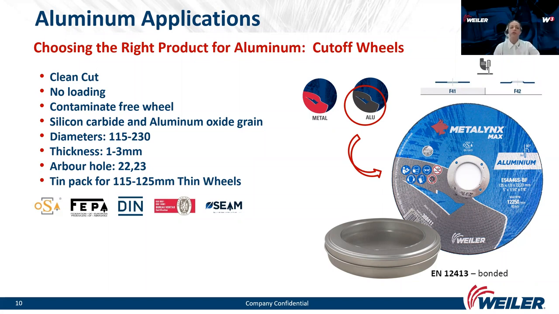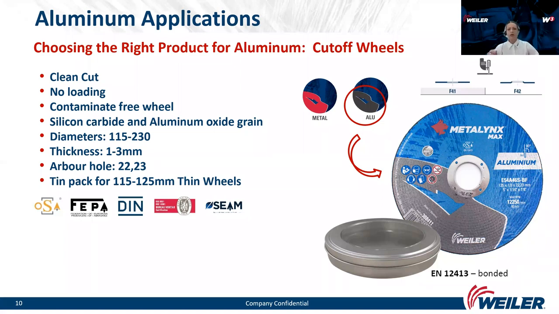Because, for instance, you can try to cut aluminum with cutting wheels for, say, stainless steel, and you maybe won't see the difference right away, but in the long run, the aluminum will start to stick on the cutting wheel and it will stop working. And for instance, the other way around, if you try to cut regular steel with a cutting wheel meant for aluminum, the consumption of the wheel will be too high. And this is really not efficient.